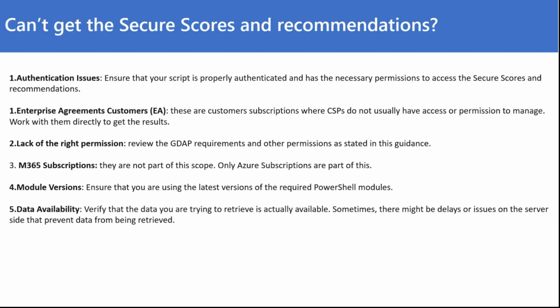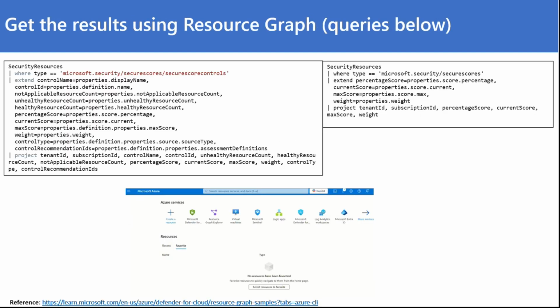I already worked with partners that have a certain security score in the CSV file, and when compared to the Defender for Cloud GUI, the result was different. And sometimes it takes from 25 up to 48 hours for the results to be reflected in the Defender for Cloud interface. Just in case you don't have access specifically to Defender for Cloud for some reason